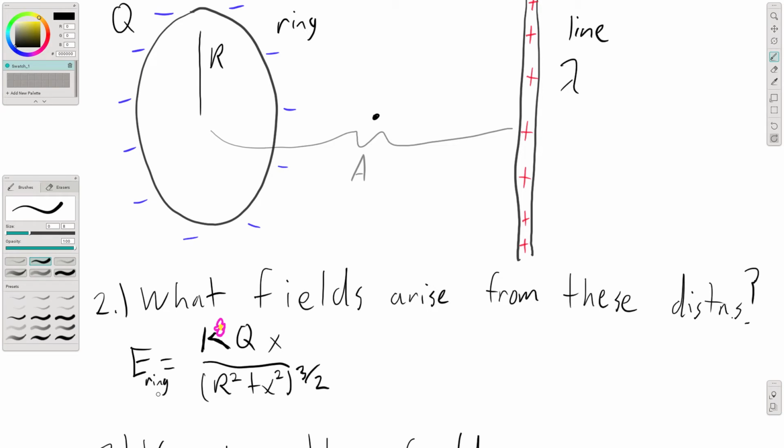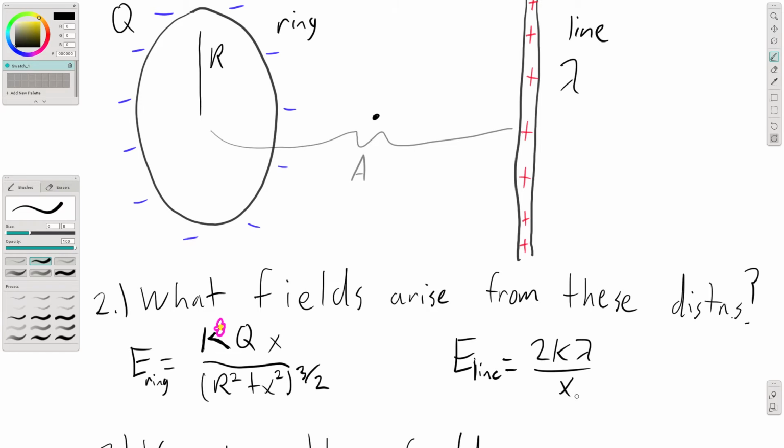So we'll notice in this situation immediately our Q is going to be negative, meaning that as our visualization would suggest, our negative charges are sucking in fields, so our field's going to be pointing in the negative x direction. Just a little observation right off the bat. Next we have our line, our infinite line, and we look that up, and we see that